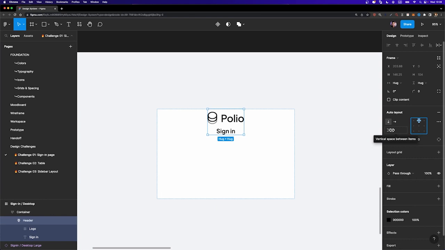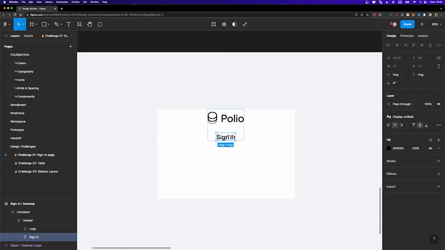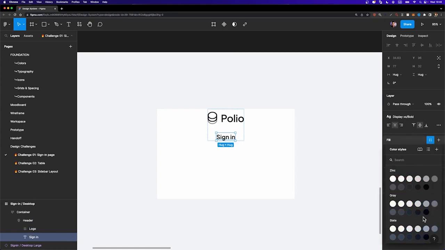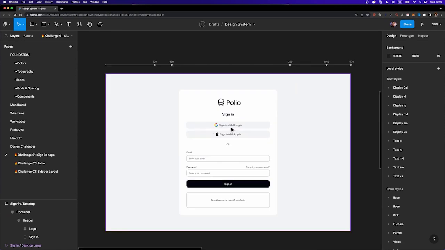So for these two items, I'm gonna set the spacing to 24 since they are somehow related. And now the top part is almost ready. We just need to change the color of this text to gray 900, just like that. Perfect. Now it's time to design these two social login buttons, the sign in with Google and sign in with